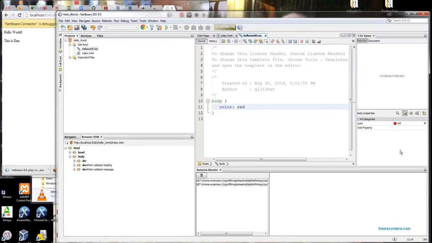Now look at this. Notice that in the body properties, it says that body, the element body, now has the rule red associated with it. So it shows you everything that's in there, and you always end these things with a semicolon. Okay, now if I hit save